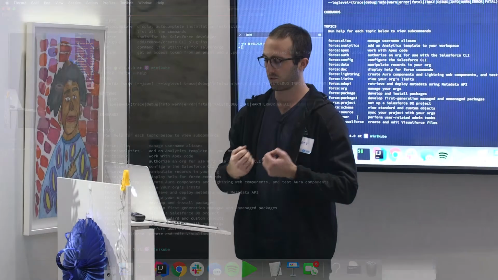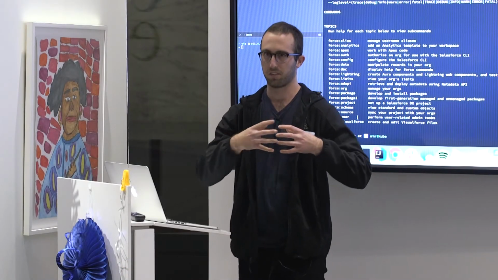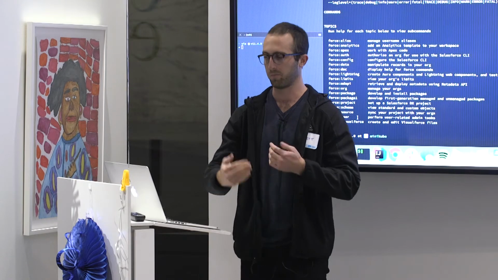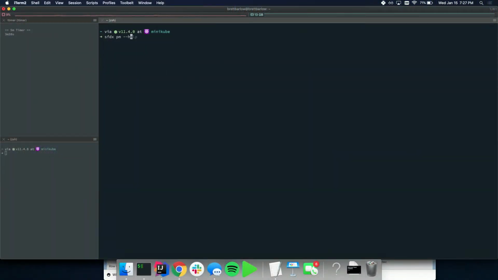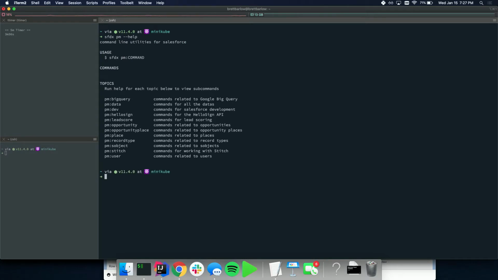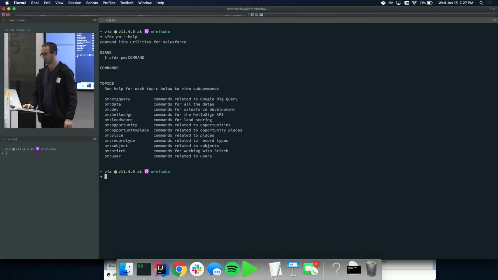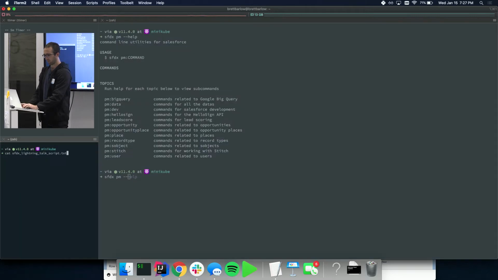But I needed a tool, as an admin developer, to make my job more efficient. So I ended up writing a plugin that has this stuff in it: stuff related to BigQuery, data, doing my development work, the HelloSign API, opportunity, even user and record type. So I made a little